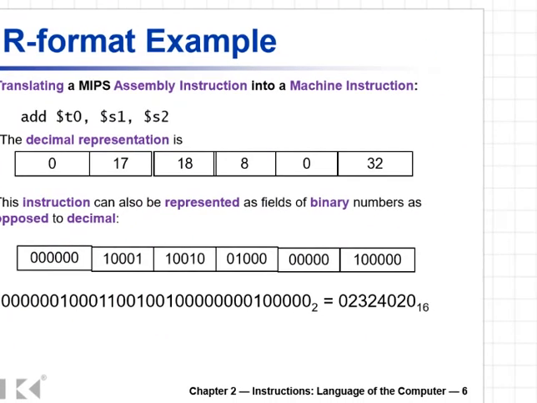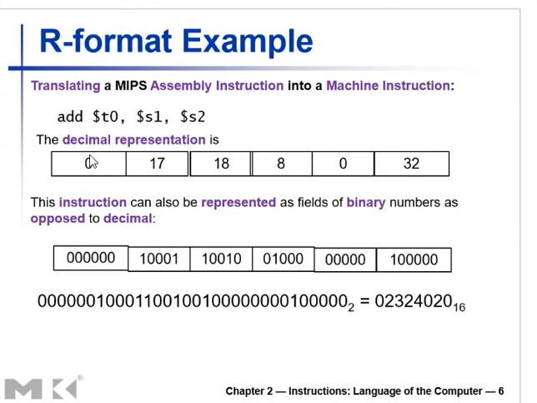So let's look into the binary equivalent. So the same instruction, we will be converting them into binary. You know that in the instruction format I told you 6 bits for the opcode and 6 bits are for the function code and the rest of them are going to take 5 bits. RS, RT, RD and then shift amount. They are all going to take 5 bits. Remember the bits also. So the 0 is written in 6 bits.